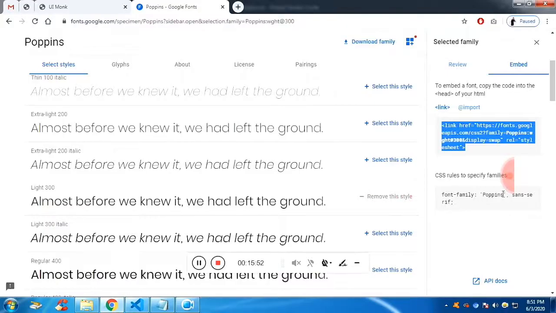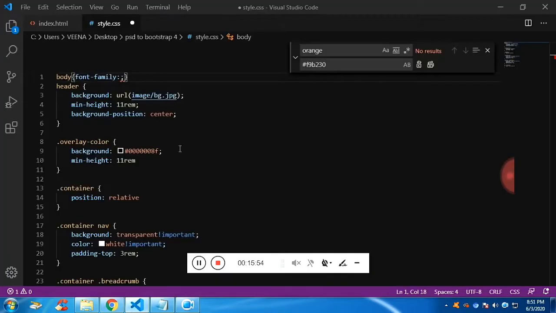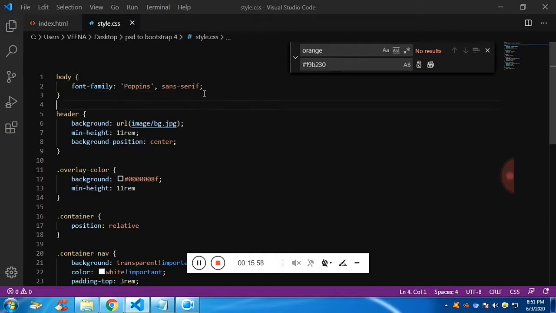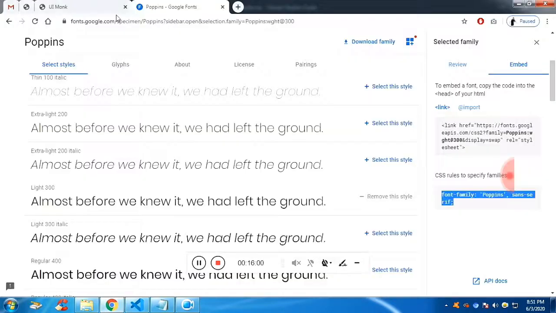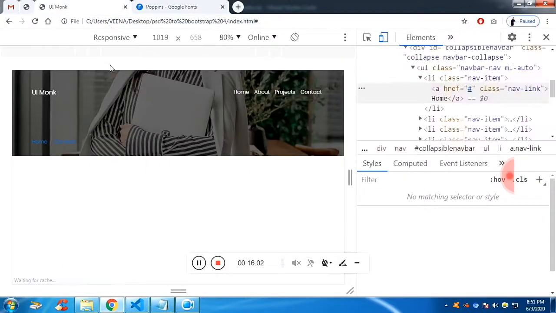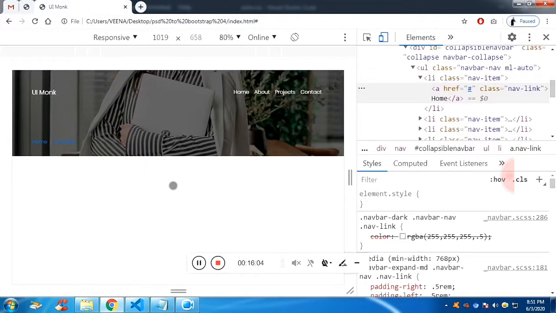You can see, just copy paste it. Fine. Now all your text will have the font family Poppins.